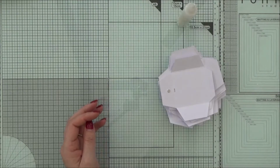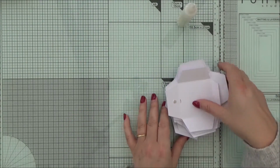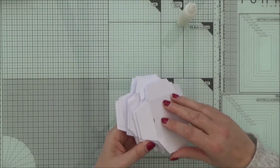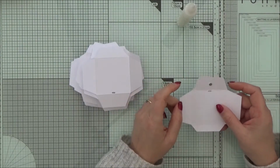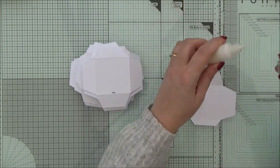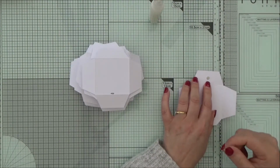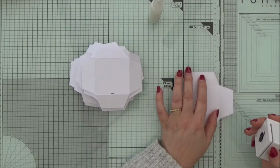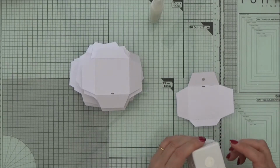Right, so I've now got my magnets on my top flaps there. I'm going to turn them over so I've got the first ones that I've done. Now this next step, I suppose, isn't absolutely necessary, but I just wanted to, one, hide the magnet, but also to help secure it a bit more, because although it is stuck on with glue, over time it may well come unstuck. So what I'm going to do is cover it